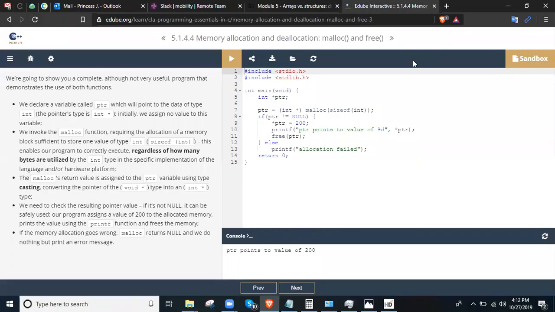Since we are going to use the malloc and free functions, we add a header, hash include stdlib dot h, and we have a main function here, int main void, and we declare int asterisk ptr, and we have the value of ptr equals int asterisk malloc, sizeof, and then we have the parameter int. So we have an if else conditional statement here. If the pointer is not equal to null, and then